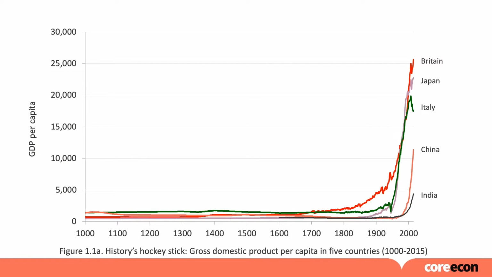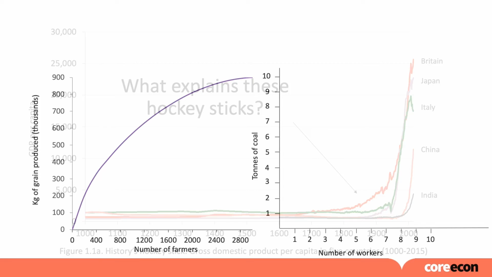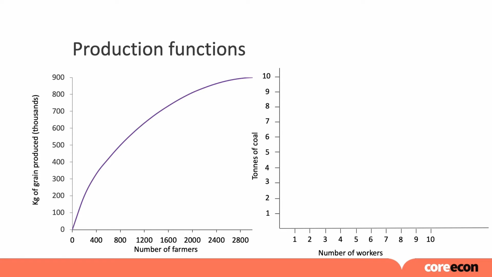Introducing students to these hockey stick figures also motivates them to want to understand economic theory, to want to understand what could possibly explain centuries of stagnation followed by a few decades or a couple centuries of economic growth. We use this to motivate students to understand production functions, and introduce them to the idea of a concave production function, where as you increase the number of farmers, the average product, or the amount of food per person, is going to decline. We use this to introduce them to Malthus's theory, to explain why it seemed that incomes were unlikely to grow, and in fact did not grow much for centuries.